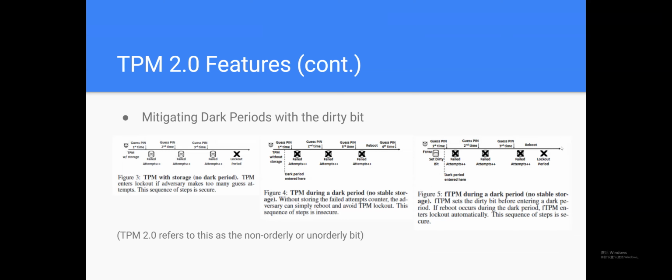One of the important things that the clock is necessary for is these dark periods too. The dark period is where the FTPM actually does not have external secure storage because the firmware has unloaded its storage drivers and the OS doesn't have storage yet. So this is actually when there's no storage. In the figure on the left, you can see that's a secure implementation because it has the storage that it's able to access. And after the failed attempts reach 3 times, it's able to enter that lockout period. The figure in the middle